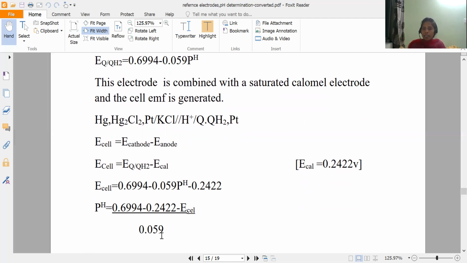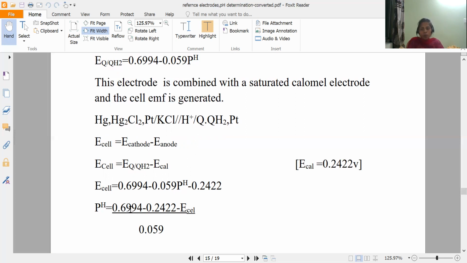In the external examination, they will ask the determination of pH. This is a very important long question for 5 or 6 marks. Even the numerical on pH is very important. They will give the E cathode value and E anode value. You have to find out the pH. If they give E cathode and E anode, initially you will find the E cell. After finding E cell, by substituting E cell in this formula, we find the pH. That is the pH formula and pH calculation.